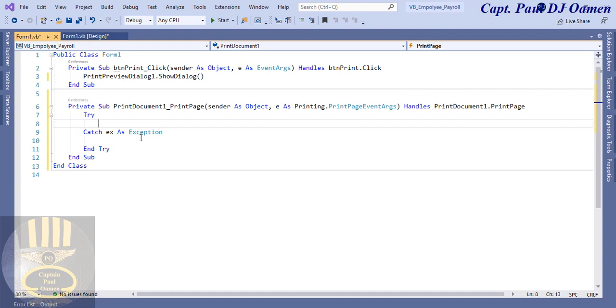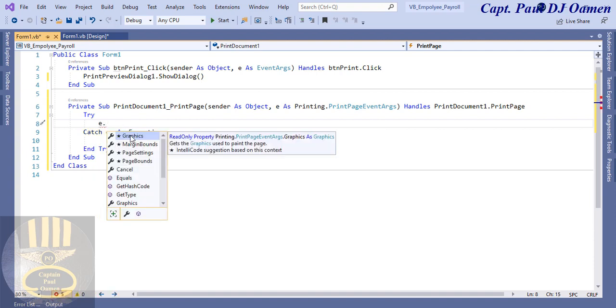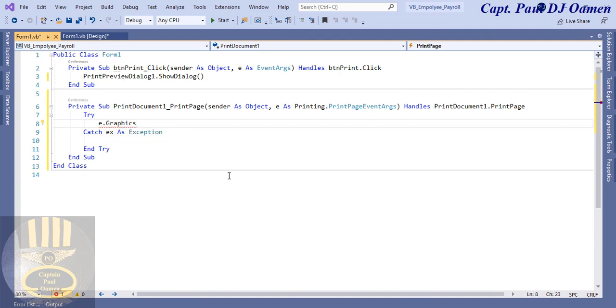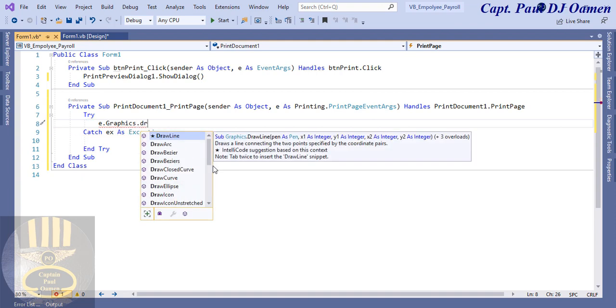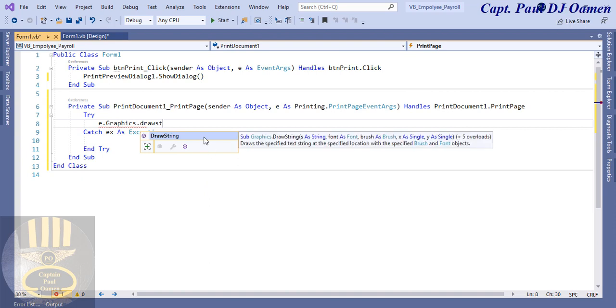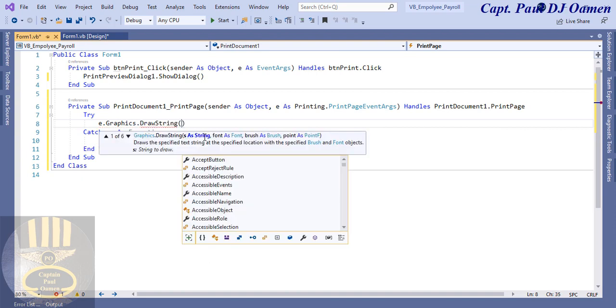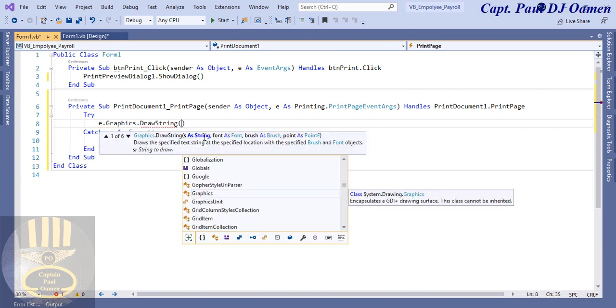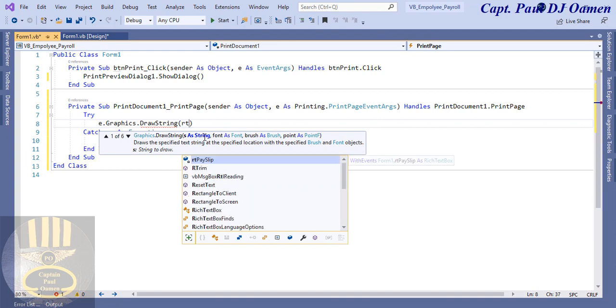So let's say in here, that's for my e.graphic. Inside the e.graphic dot draw string, let's just type that out. There we go. And the string that we want to draw is going to be my RT payslip